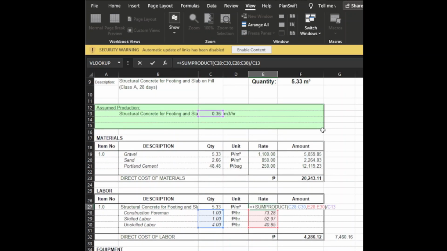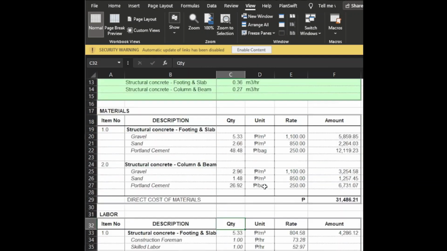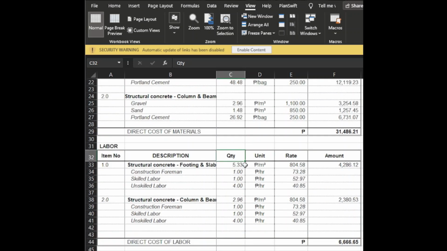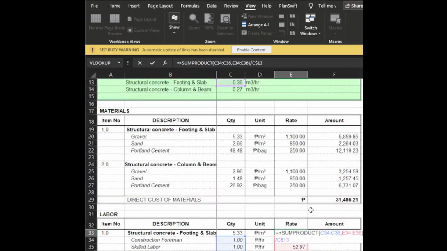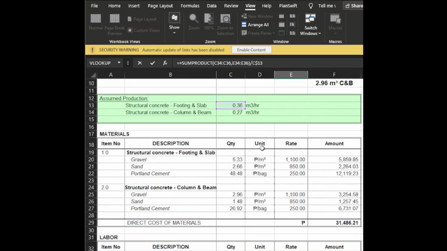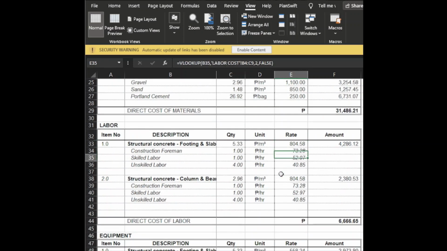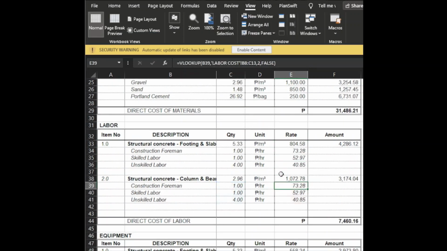I made a mistake here, guys. I think the assumed production that I took is coming from C13, so it should be 0.27 cubic meter per hour. For the slab it's right, but from here this one is 14,